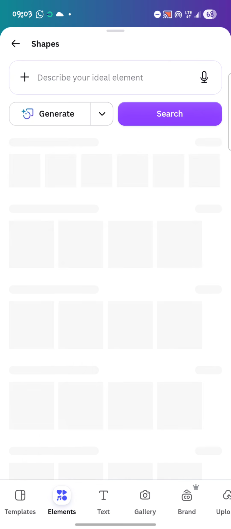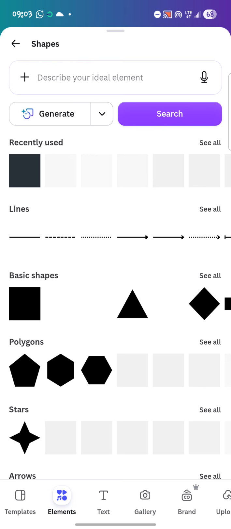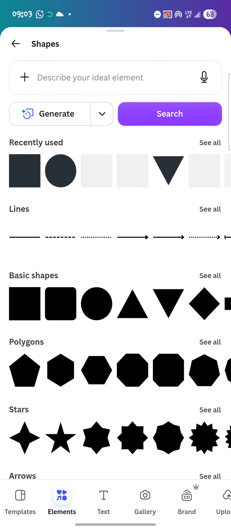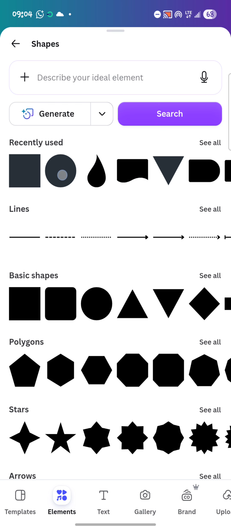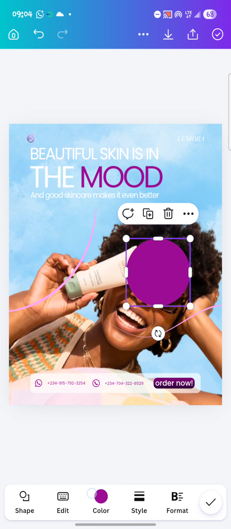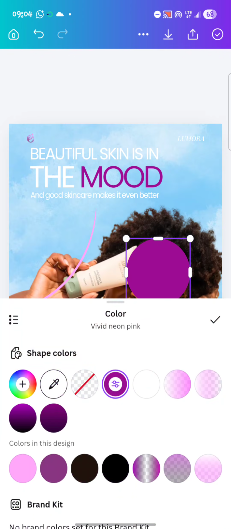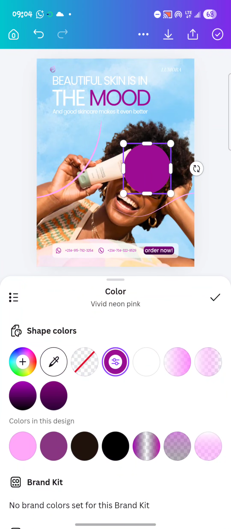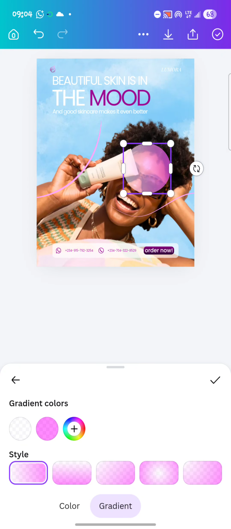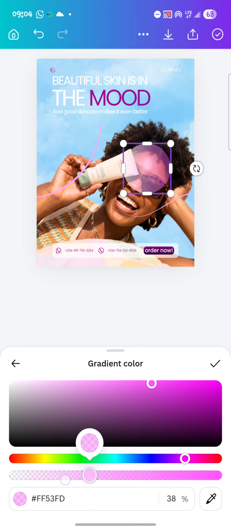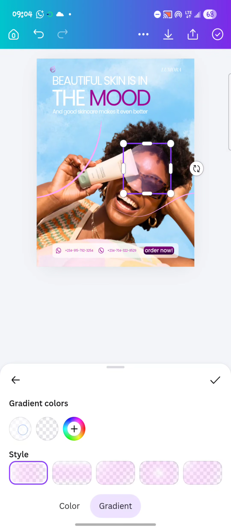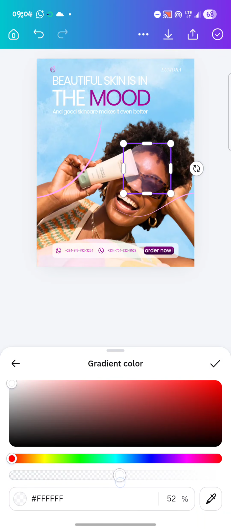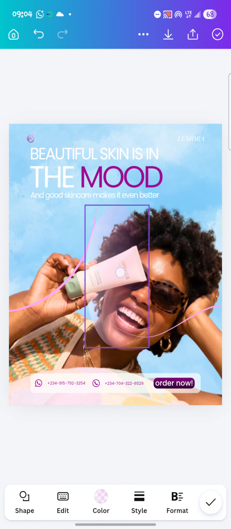I come to my shapes and I click on this circle. Then I change it to this stuff over here. I make sure the color is this gradient color. Can you see? This is the two gradients of the circle that I used. Then I now reduce this one to the least. It is no longer showing. You get it? The pink, it is no longer showing, and the white too, I reduced it a little bit more. Then I stretch it,